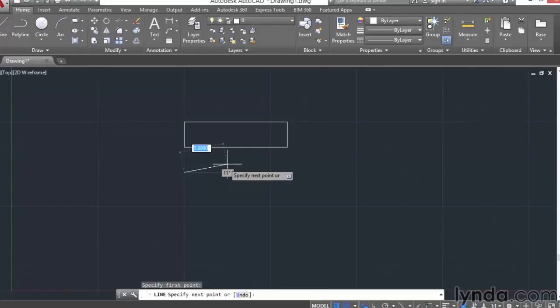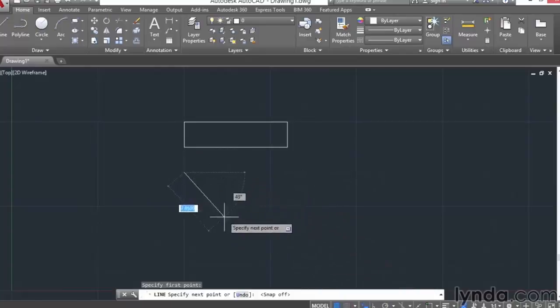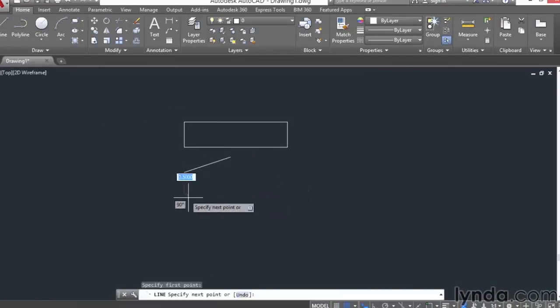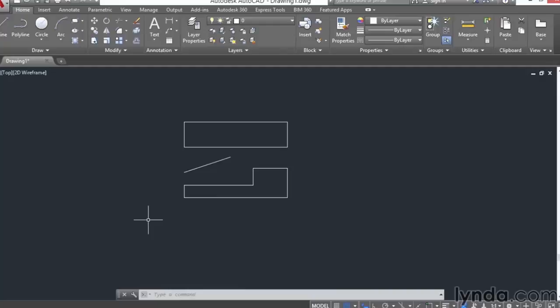If I wanted to, for some reason, draw a line to some other arbitrary point, I would have to come down here and toggle off Snap. Now the cursor moves smoothly, and I can click anywhere I want. Alternatively, we could hide the grid and use Snap. And then we have that sort of implied grid. Although we don't see it, it's still there and it's still operative. And we don't have to use ortho, and we don't have to use Object Snap. So there you have it, Grid and Snap, two aids that assist when you're creating objects that happen to conform